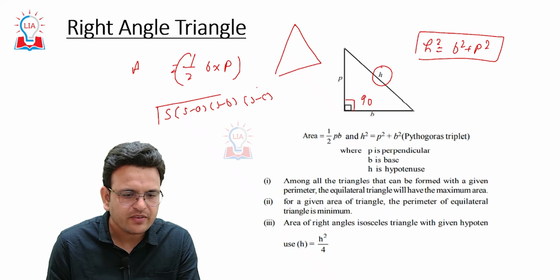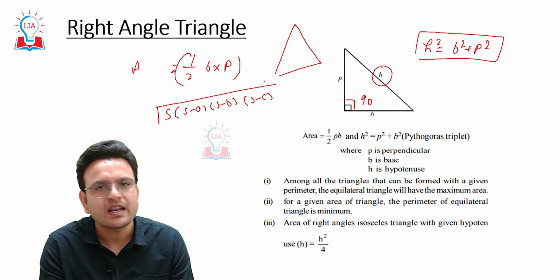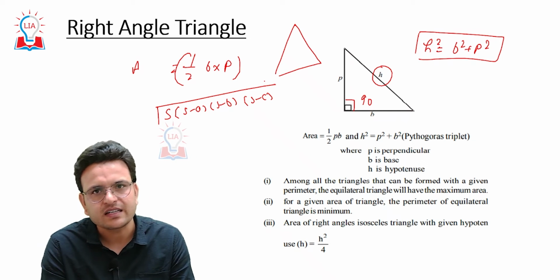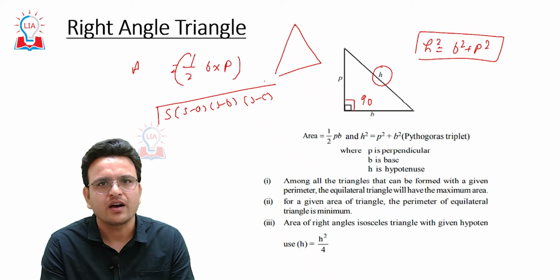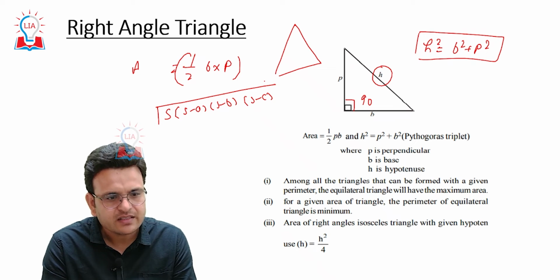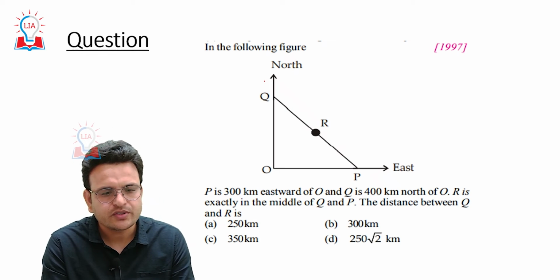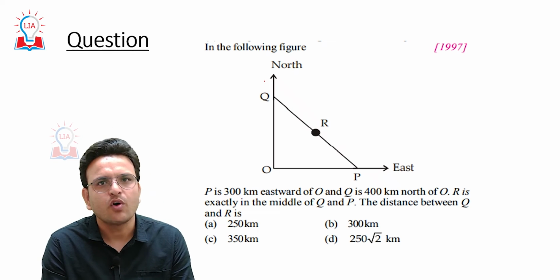There is a simple way we will get the area of any triangle. For other types of triangles, like equilateral triangle and right angle triangle, we will get the area or the perimeter. This is the basics about the triangle. Okay, let's see some questions which UPSC has asked over the triangle.